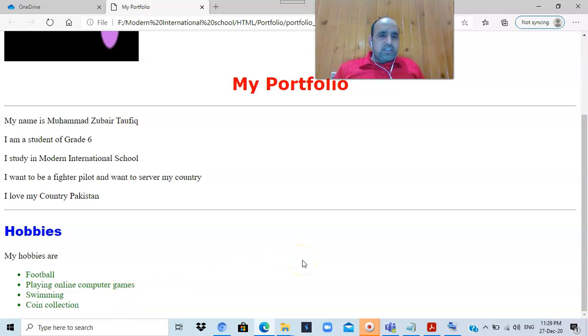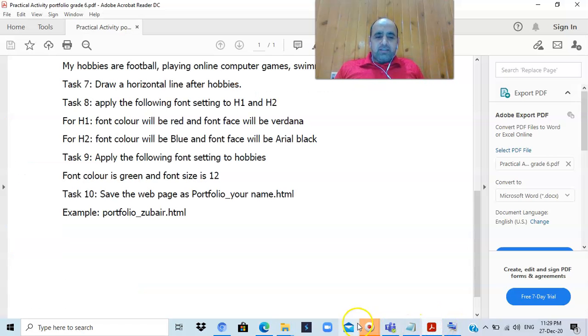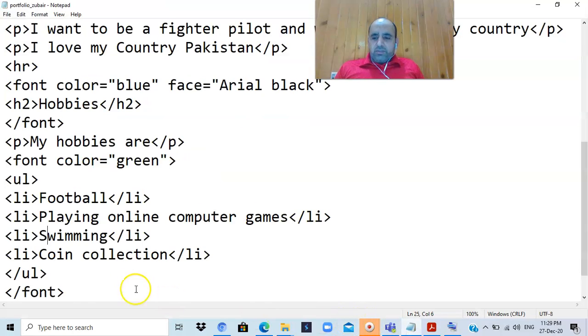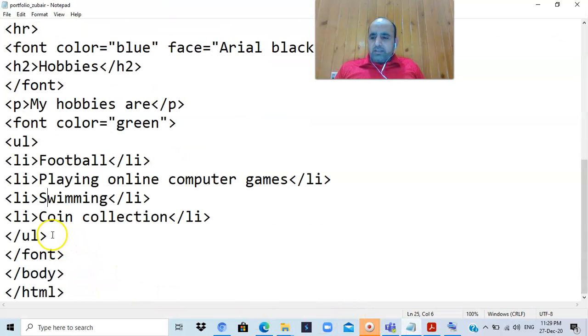One more interesting thing which I want to have at the end is a moving text. I love that moving text on the web page. It comes from the right and disappears at the left, or it appears from the left and disappears at the right. So that's a lot nicer. So I will add that feature also. So what I will be doing here is, after this, suppose I write here